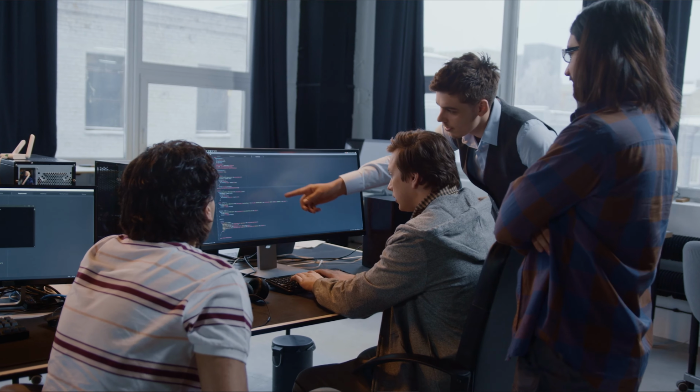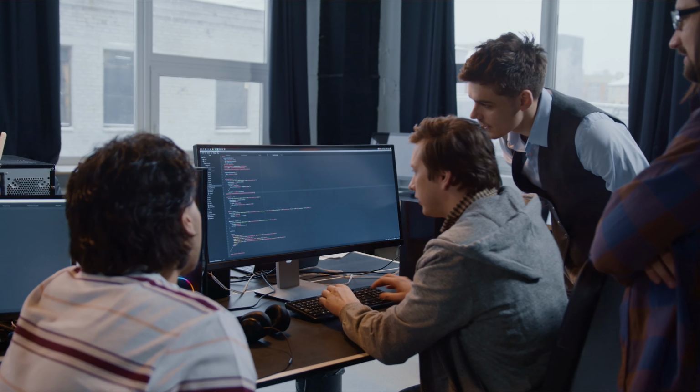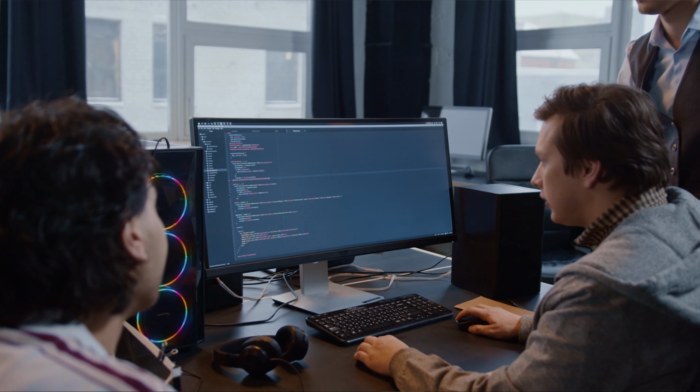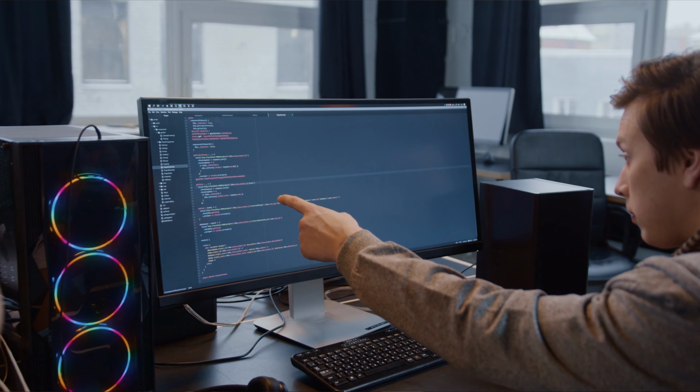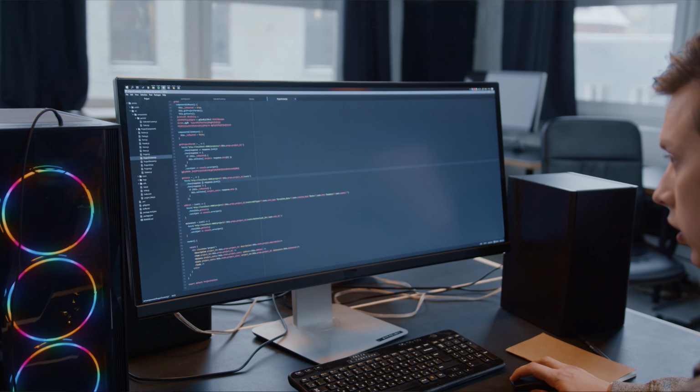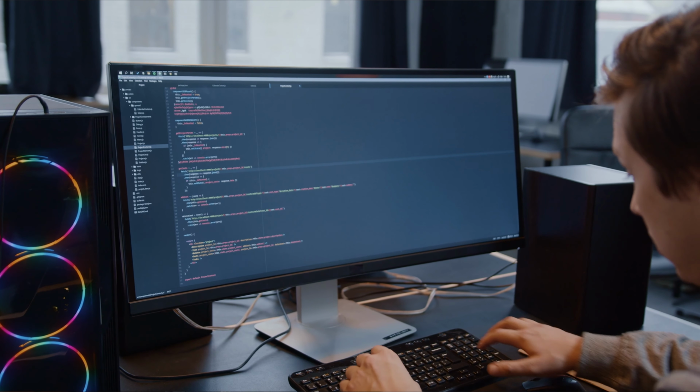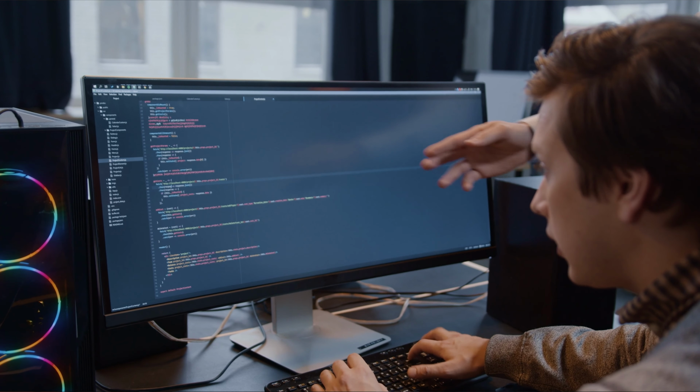Let's say your team wants to use the same security group in different environments. You can write a module for it, and now everyone can reuse it with just a few lines of code. This improves teamwork and reduces errors. When your code is stored in Git, you can work with your team more easily.